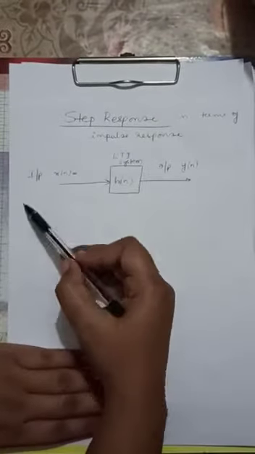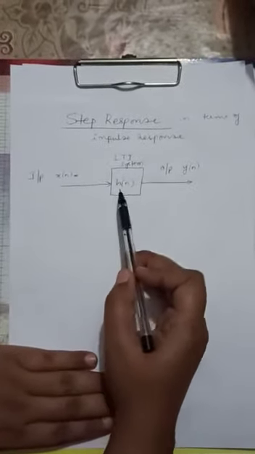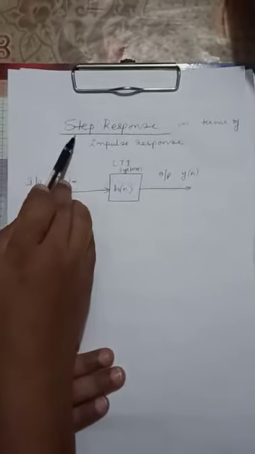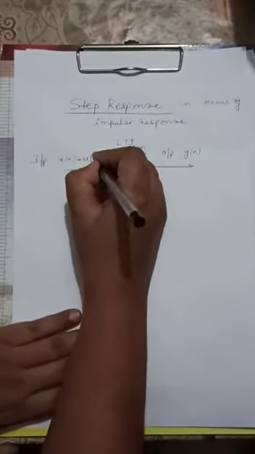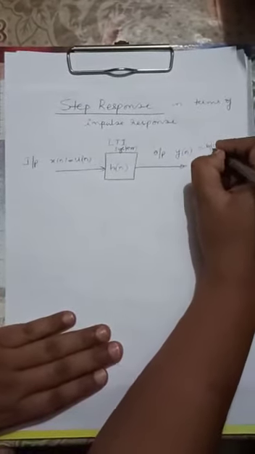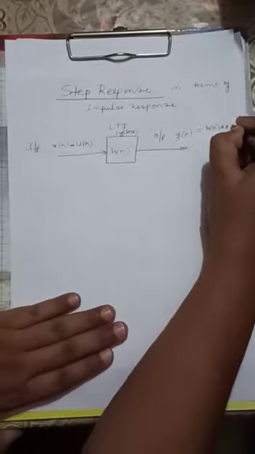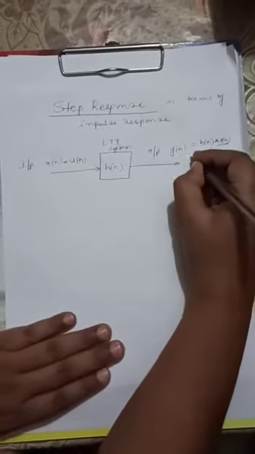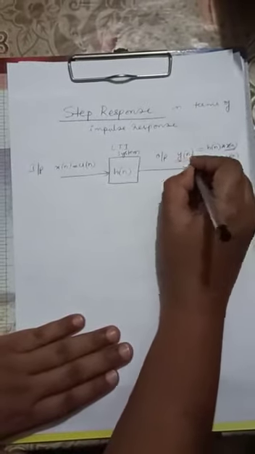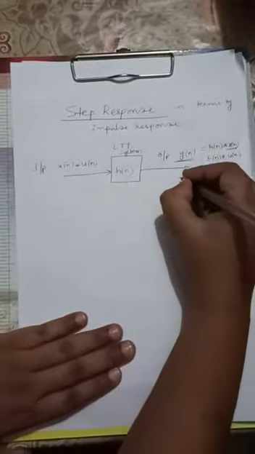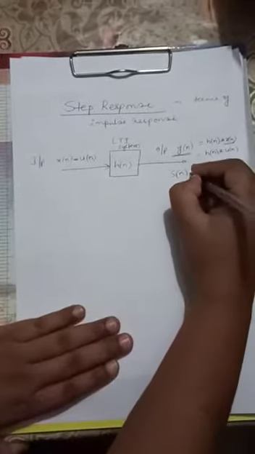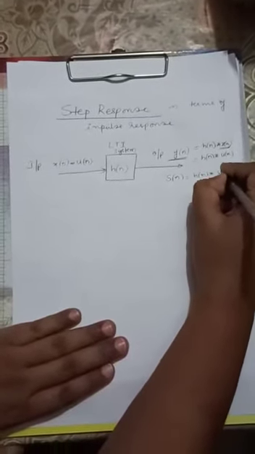Okay, so here we are taking an example of a discrete LTI system which is defined by h of n, input x of n, output y of n. Since we are discussing the step response, what is your step input? u of n. Now, what is the output? Output is h of n convolution x of n. Now instead of x of n, what is the input? h of n convolution u of n. So instead of y of n, we will represent the step response with the notation s. s represents the step response. So this is equal to h of n convolution u of n.